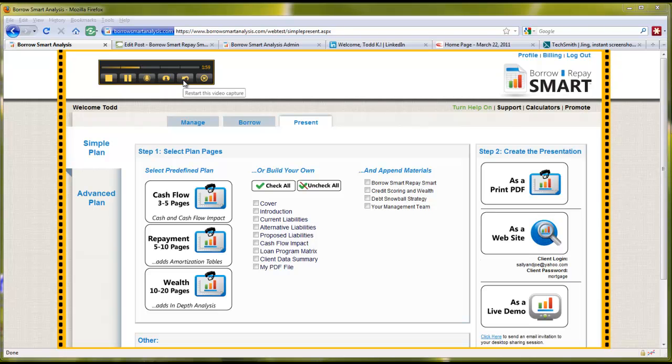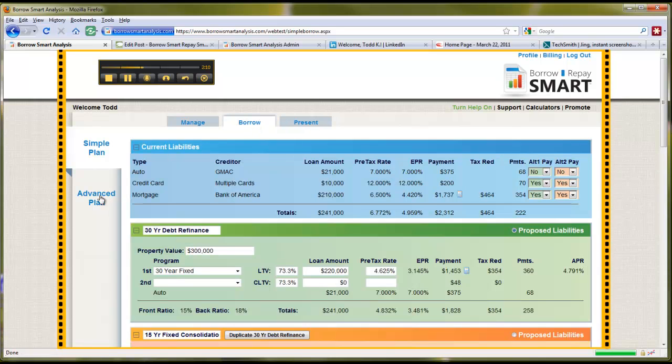I can restart at the beginning. If I mess up, I just click this one button. It's going to start taping from the very beginning, and it's no big deal. But what I really love is that ability to go through and narrate for this client and share with them